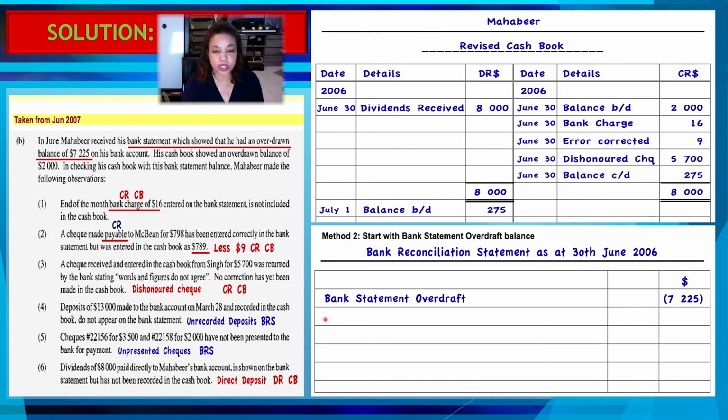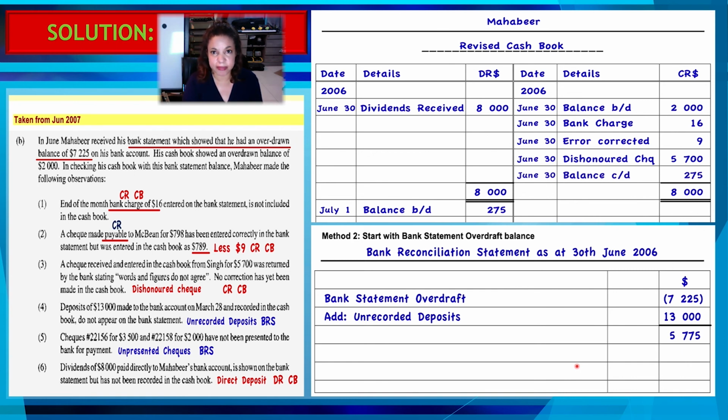And then what do you usually do? You do the opposite. You are starting with a different balance, so you cannot do the same thing. This time you're going to add your unrecorded deposits. That was 13,000, so you add that up,